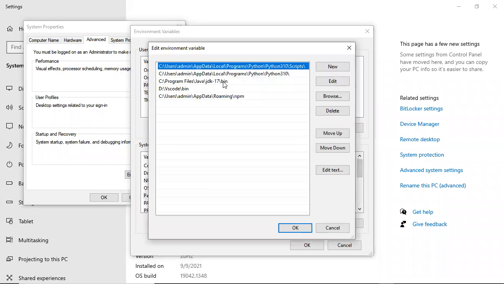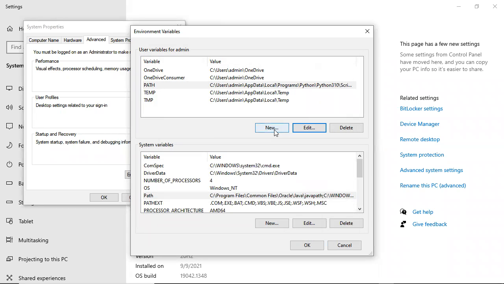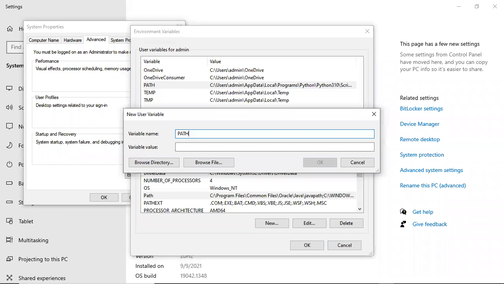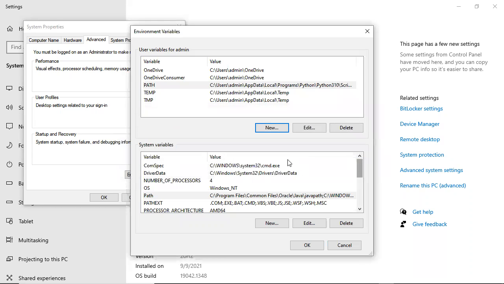You can see this is the path I have given: C Program Files Java JDK bin. This is the path of my Java, C Program Files Java JDK 17 bin. So this path you have to edit. How? Type path, click on new, and paste the C drive Program Files Java JDK bin folder path here, and then press OK, OK, and OK. Then rerun javac and it will work. Let me show you again.